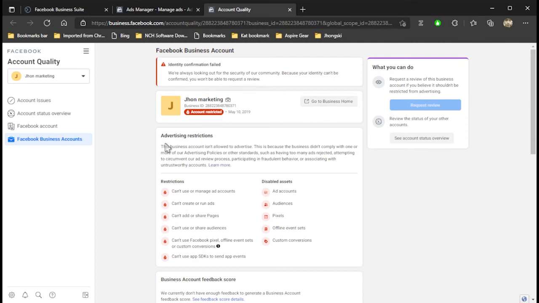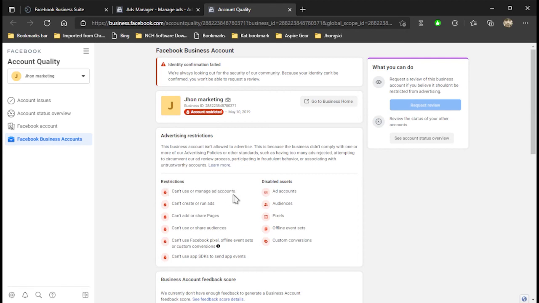It also says that this business account isn't allowed to advertise because the business didn't comply with one or more of our advertising policies or other standards, such as having too many ads rejected, attempting to circumvent our ad review process, participating in fraudulent behavior, or associating with untrustworthy accounts.